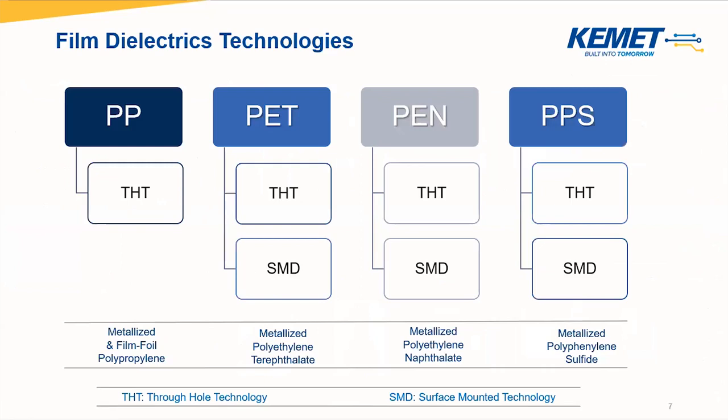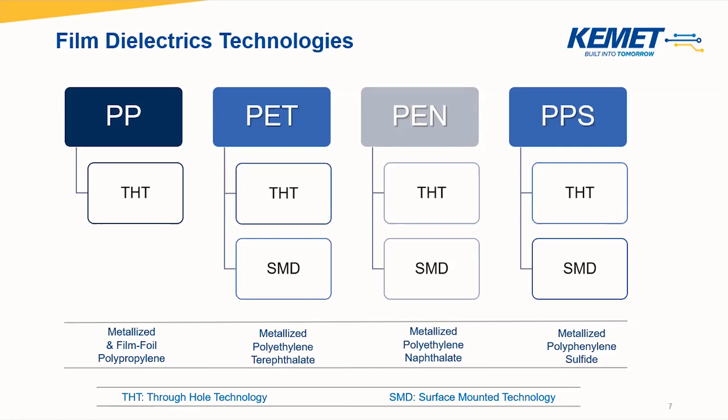We said that the film capacitors are based, of course, on film technology of different dielectrics. So this is an overview of the main dielectrics that are used to produce film capacitors. The most popular is polypropylene. This is covering a big percentage of the applications and is used only with through-hole capacitors, so not for